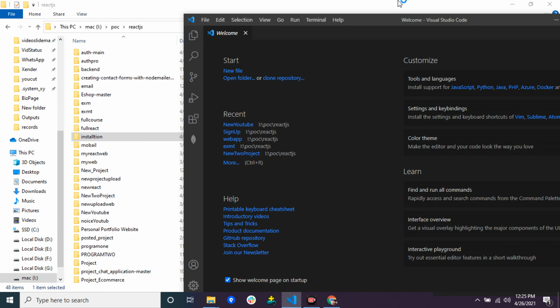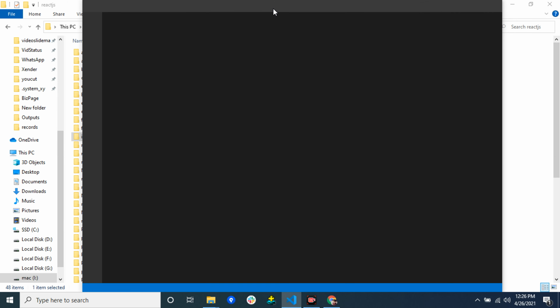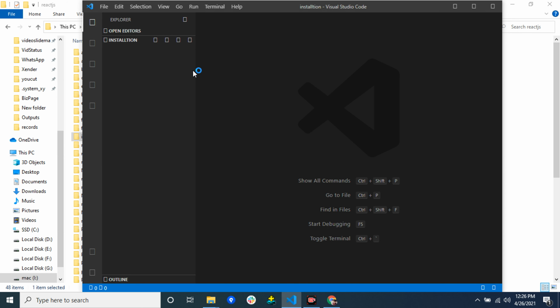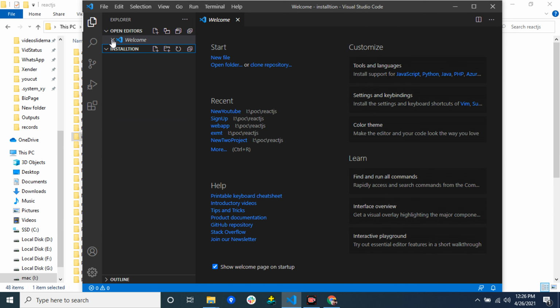So the path is successfully imported. Just wait, and here let's successfully create a new terminal.